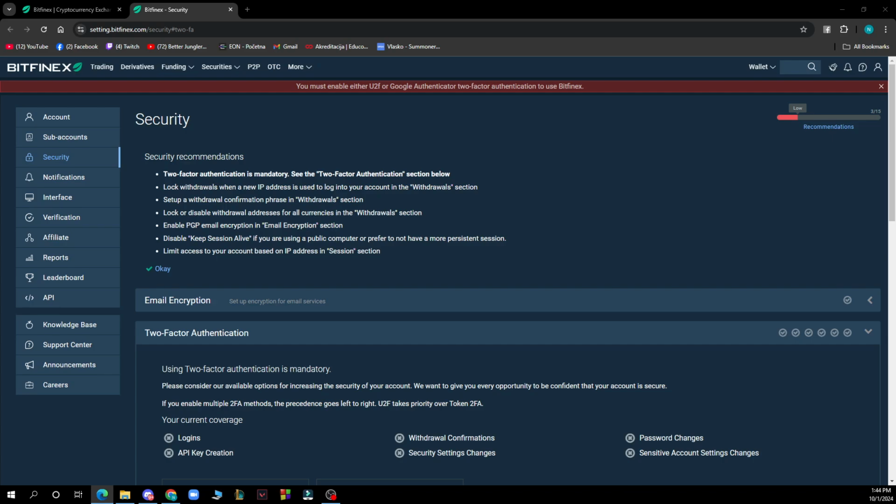USD. Then choose limit from the order drop-down menu, enter the price and amount you wish to buy or sell, select exchange or margin, depending on the type of order you want to execute, then click on exchange buy or exchange sell to place your order. Your limit order will be executed in the market at your specified price. If the market does not reach your limit price, the order will remain open until it is either filled or